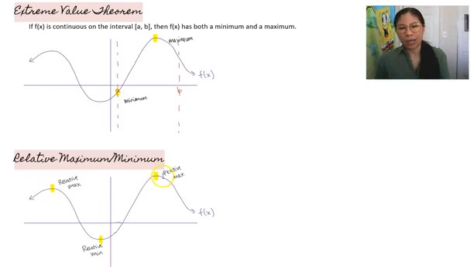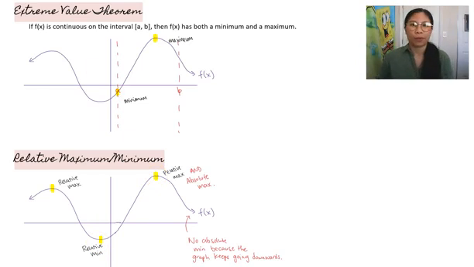However, this graph does not have an absolute minimum. We had a relative minimum here, but if you look at the graph itself on the ends, they technically keep going downwards like this. If they keep going downwards forever and ever, because that's what the arrows mean, then this doesn't end up being the lowest point. So there is no absolute minimum, just an absolute maximum, because the graph's not going to go any